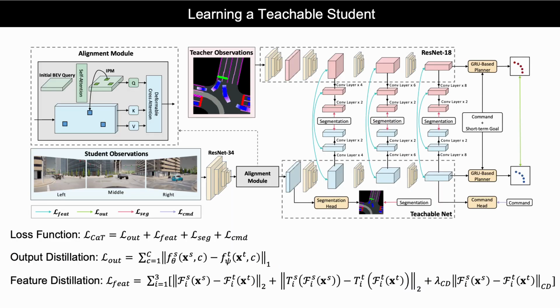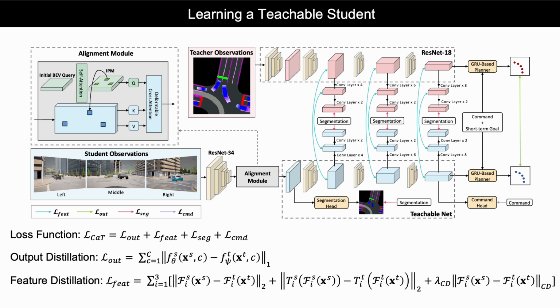Due to differing inputs and modeling capacities, it can be difficult to align the image-based student features and output with the BEV-based privileged teacher. Therefore, we proposed an internal image-to-BEV alignment module. Specifically, we first sample queries using a spatial parameterization of the BEV space, and process them with a self-attention module. Then, a deformable cross-attention module is applied to populate the student's BEV features. The residual blocks following the alignment module can consequently facilitate knowledge transfer, via direct distillation of the teacher's features.